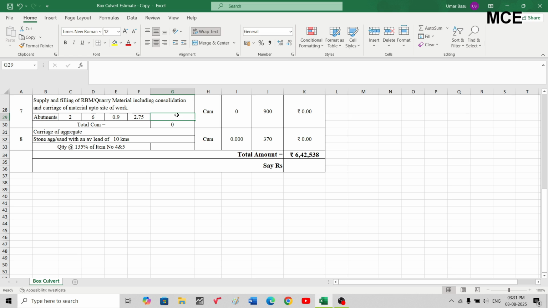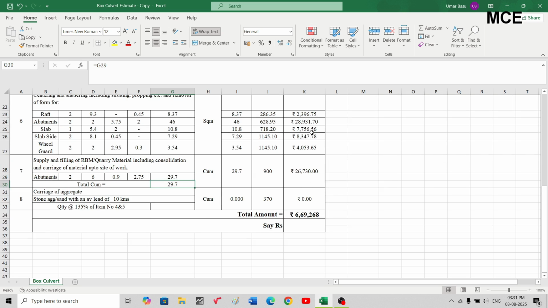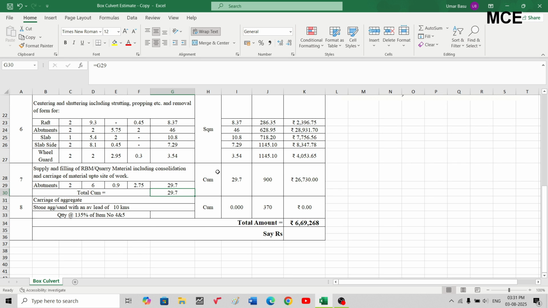Okay, so total will be 2 multiplied by 6 multiplied by 0.9 multiplied by 2.75, which is 29.7 cubic meters. Rate for this item in the market is 900 Indian rupees per cubic meter, so total will be 26,730 Indian rupees. Okay, the last item is the carriage for stone aggregate and sand up to the lead of